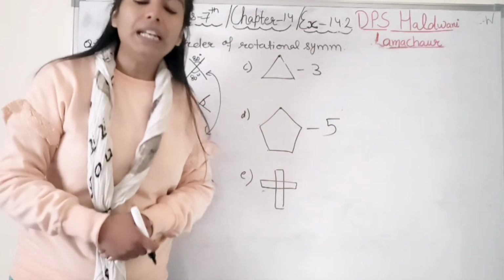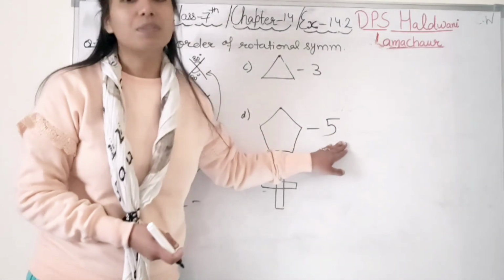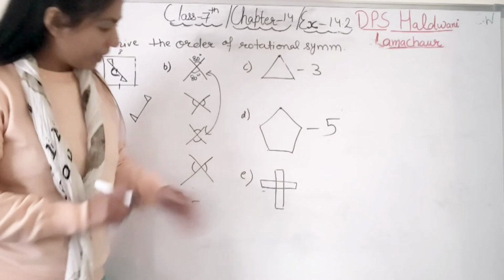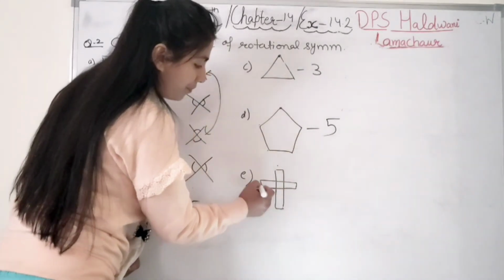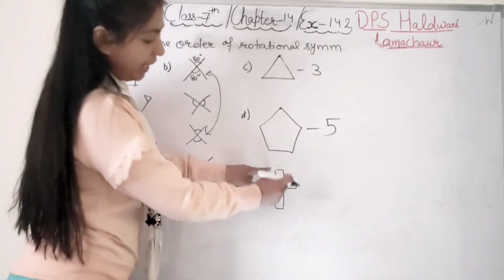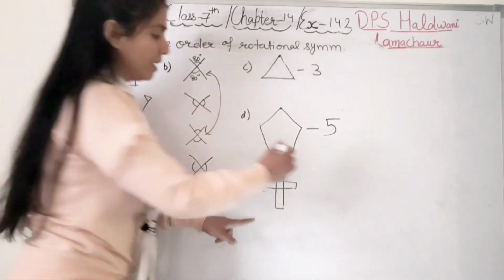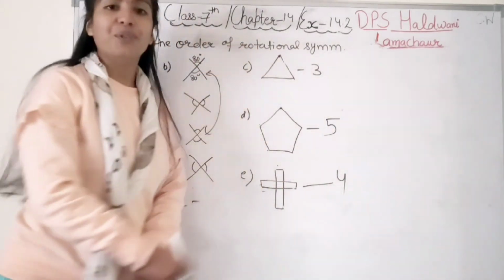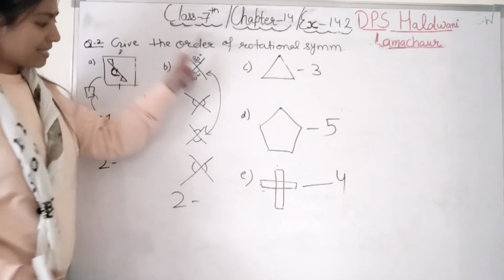These are tricks you can learn, so you can easily understand, because we need only how many orders of symmetry are there. Okay. Now here, you can see it is a square type. 1, 2, 3, 4. So square type, when you rotate it, every time the face will become the same only. So the order of symmetry is 4. Right, student? So this was about A, B, C, D and E parts.